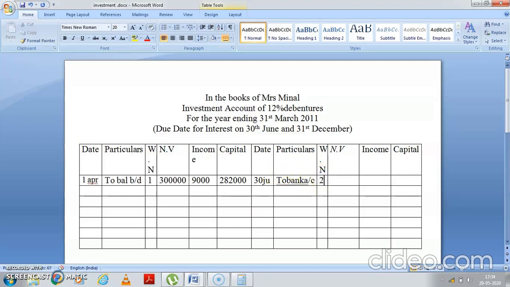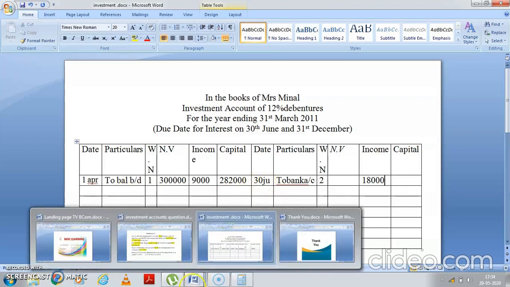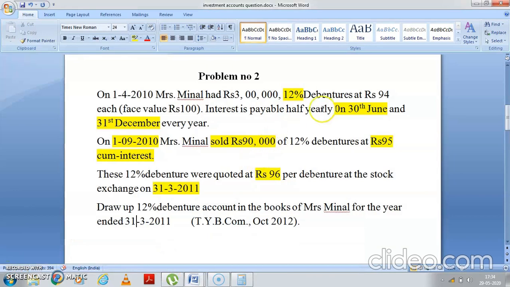How much have you calculated the interest? See, it will directly go to income column, that is 18,000. Okay now students, that's all. Now see, 1st April को outstanding था, उसके बाद अभी तक you have not done even a single transaction from April to June. So directly in the month of June you are doing a calculation of interest which you are going to receive it. See, because it is said interest is payable on June and December. June में बोला हो ना बोला, you have to calculate the interest because the days have come.